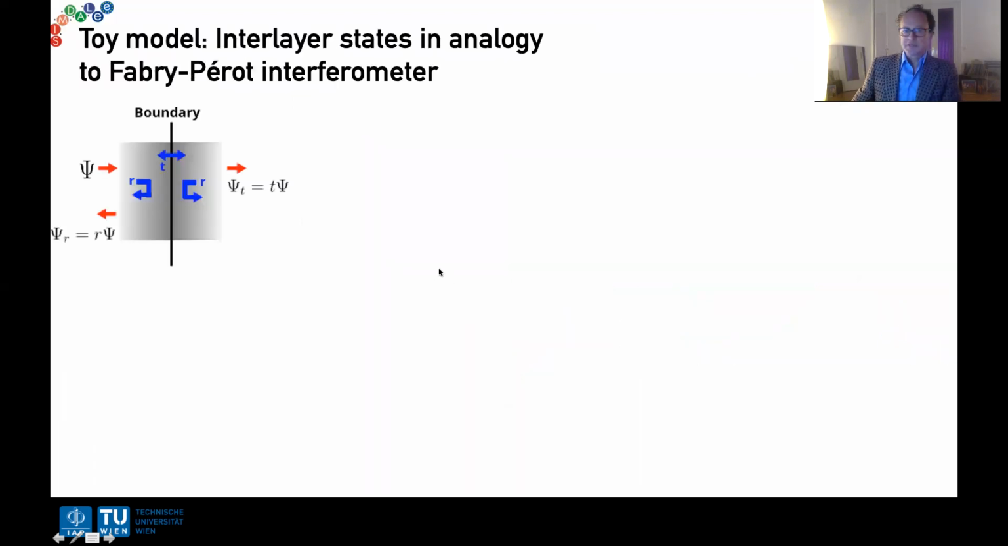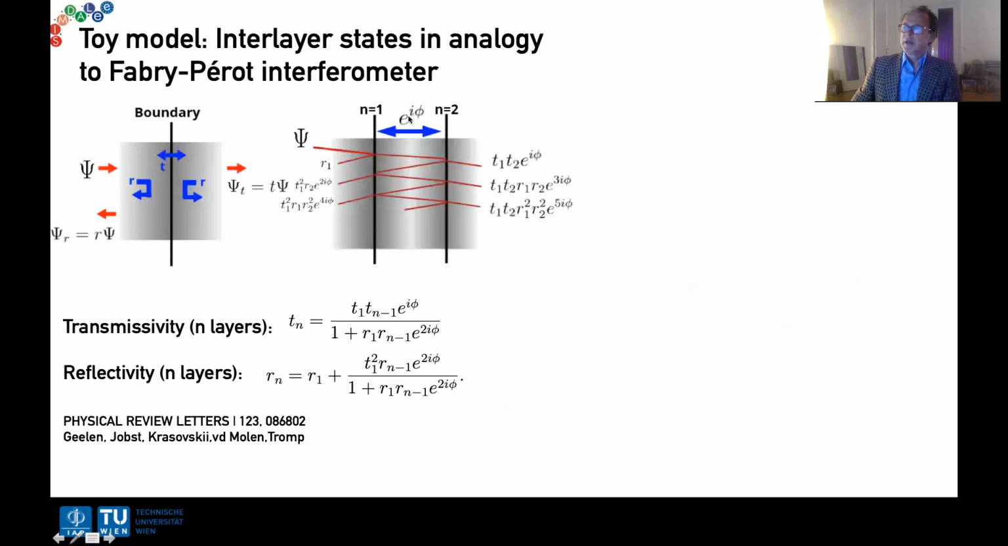Okay, so these interlayer states can be modeled in a very simple way, in complete analogy to light optics, the case of the Fabry-Perot interferometer. This model is very simple, as I mentioned already. It contains 3 parameters: the reflectivity R, the transmissivity T, and the phase shift an electron experiences when going from one layer to the next. And then you can write down an equation for the transmissivity for n layers and the reflectivity for n layers,